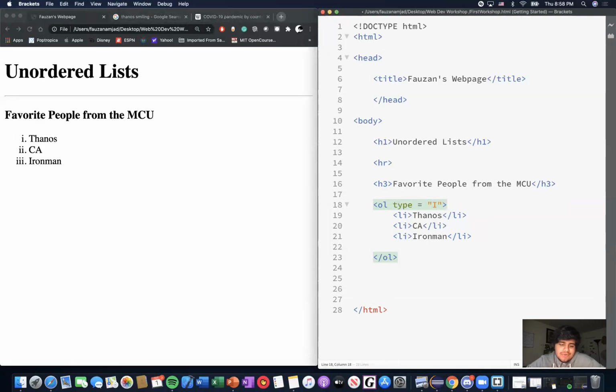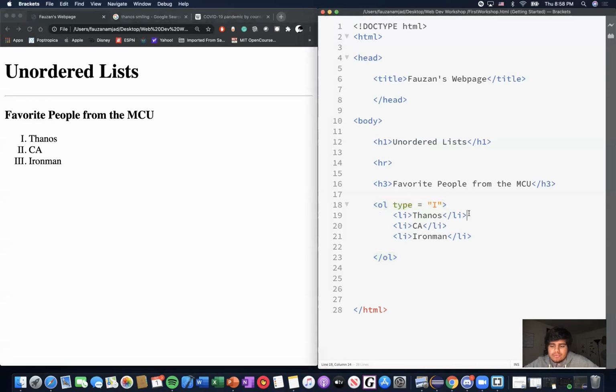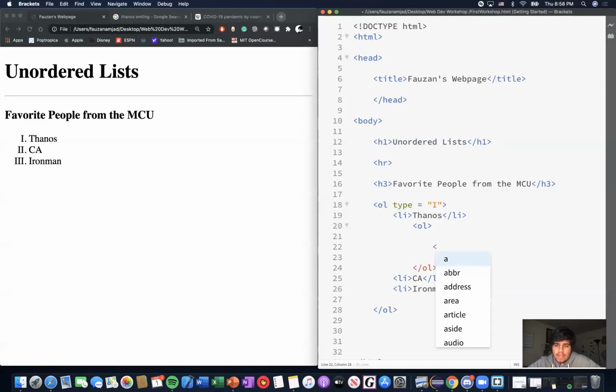Now we're not confined to, well, just a list in general. We can put a list within a list. I forgot to change the type. There you go. We're not confined to simply using just one list. We can put a list in a list, sort of like an outline. And to do that, well, we are just going to use the logic that we're creating a list within a list. And we put that within the LI tags. So if you want to say reasons for why Thanos is your favorite character, then you put that inside the list. LI,